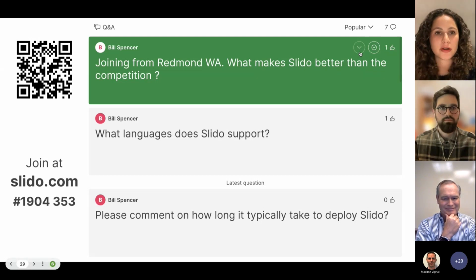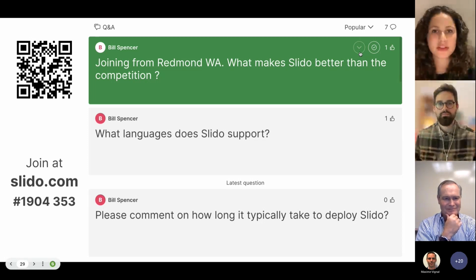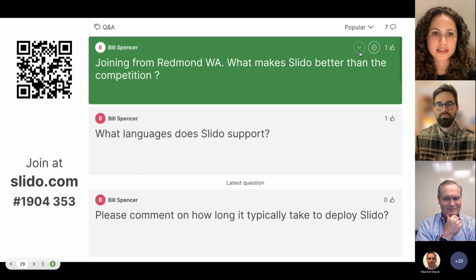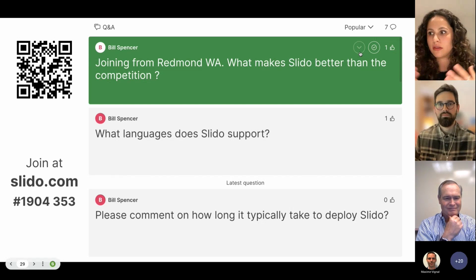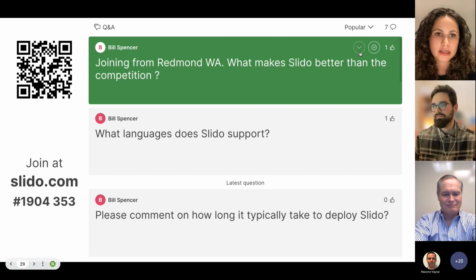One thing I do want to be transparent about, though, is where you might want to use a competitor instead of Slido. If you're looking for a very robust surveying tool with branching and hundreds of questions, I would not recommend Slido. But when it comes to the everyday survey that we all need to ask and engaging people, in person and virtually, and having a level playing field for everybody, Slido 100% takes the cake.